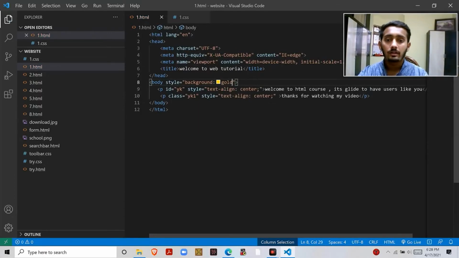So I have declared the style in an inline way. Like every tag, I have declared the CSS here. First in the body tag, then in the paragraph tag, and in the second paragraph tag. In the inline CSS method, you need to put the style in every HTML element.